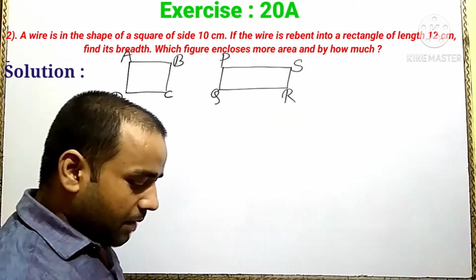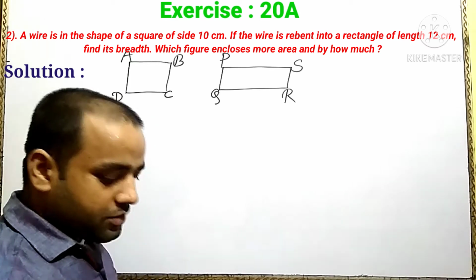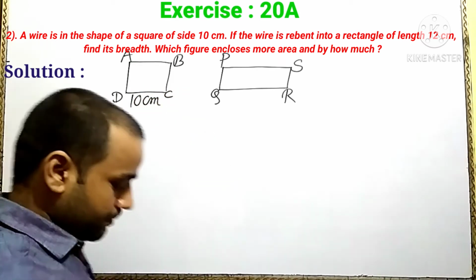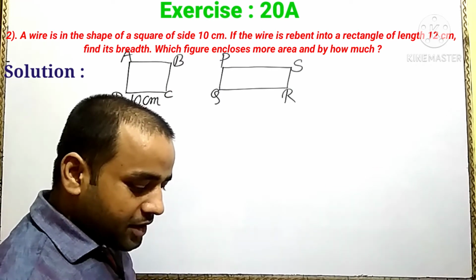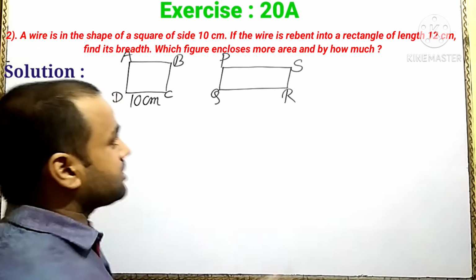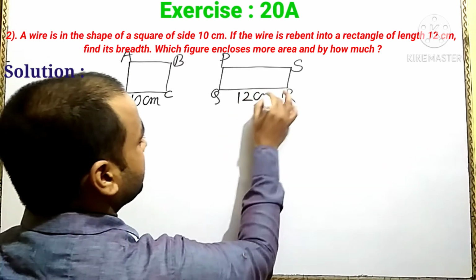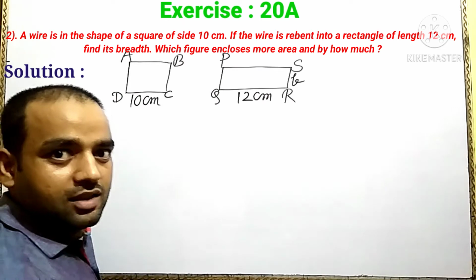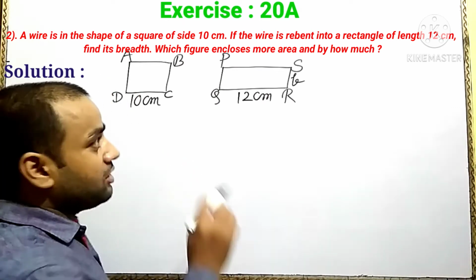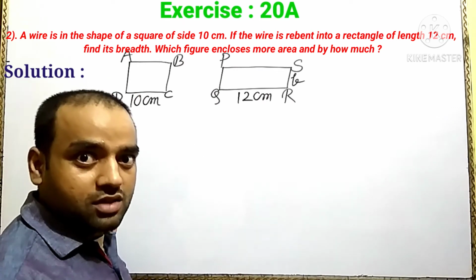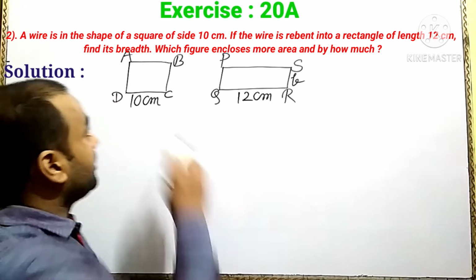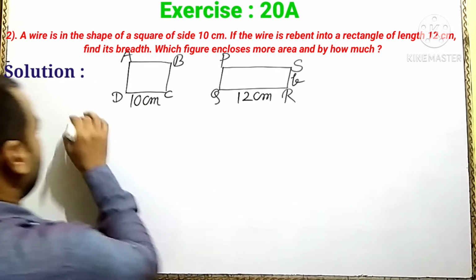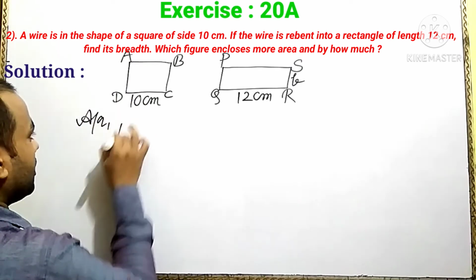In the question, a wire is in the shape of a square of side 10 cm. Here side 10 cm is given. If the wire is reshaped into a rectangle of length 12 cm, means length here is 12 cm, breadth is not given, so let it be B. Is it clear? Here the length of wire is fixed, so perimeter of a square is equal to perimeter of rectangle. According to the question,